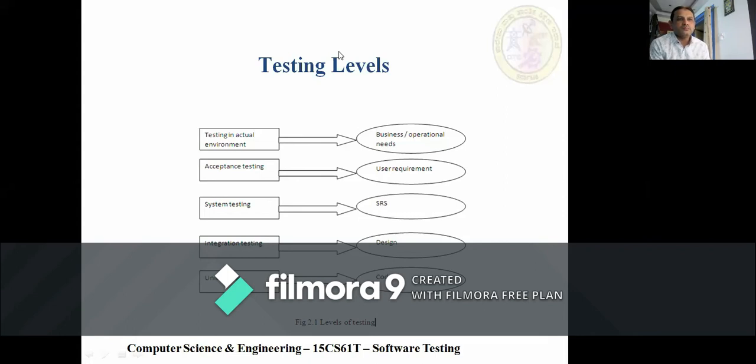Testing in actual environment, business operational needs, acceptance testing, user requirement, system testing, SRS, integration testing, design, unit testing, code. So the code level testing is unit testing. So these are the different levels we need to discuss. So five types of testing levels are there. We'll be discussing them.